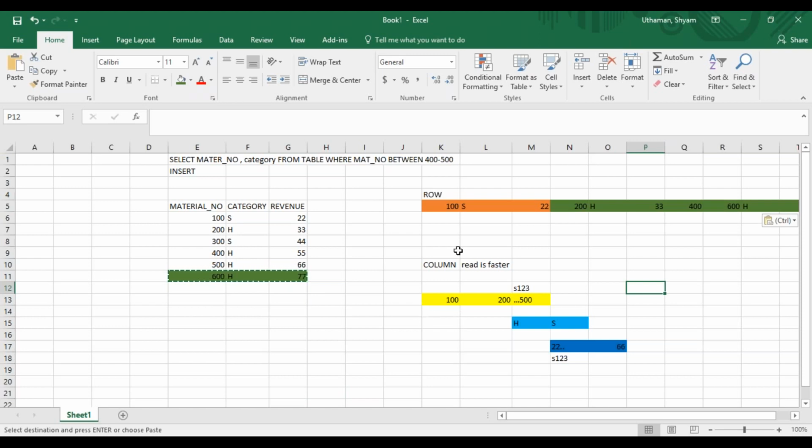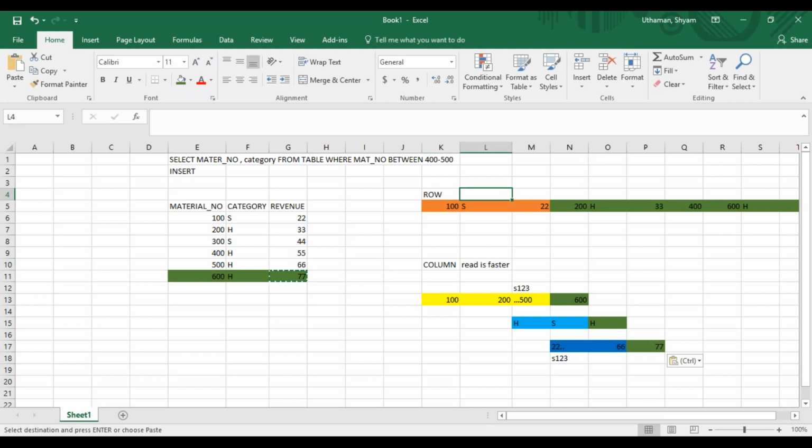Now what will happen if this table in this scenario is a column store? I need to add this to this table, this to this, and this to here. Now I need to resort and recompress this table, resort and recompress this table, resort, recompress this table, and establish the surrogate IDs again to connect. Imagine the number of transactions that happen in a supermarket in a day. Is the row faster, or is the column faster? The row is faster, right?